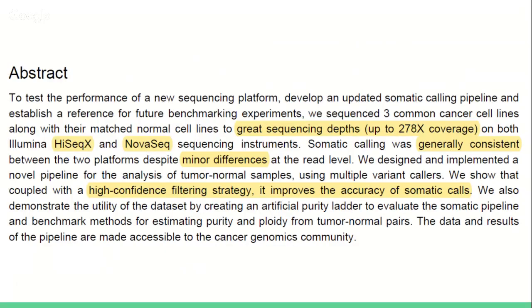So in the paper, what they essentially do is report the results of sequencing, at great sequencing depth, up to 278x of coverage, a series of cancer cell lines that are relatively well understood and for which they can call somatic mutations, and then compare that sequencing, having done it in 2 different machines, the Illumina HiSeq X and the NovaSeq